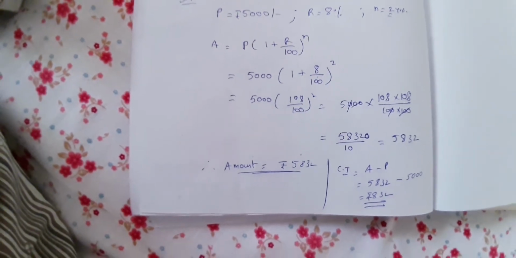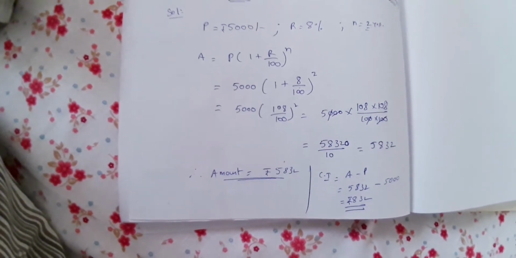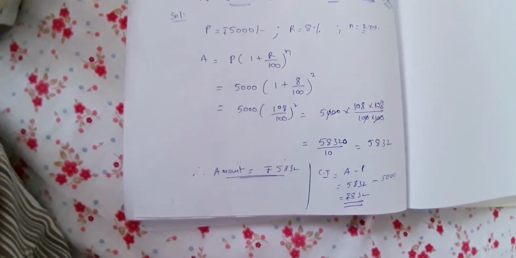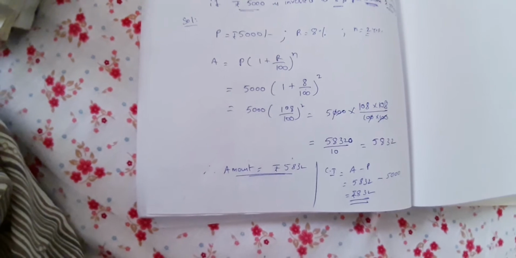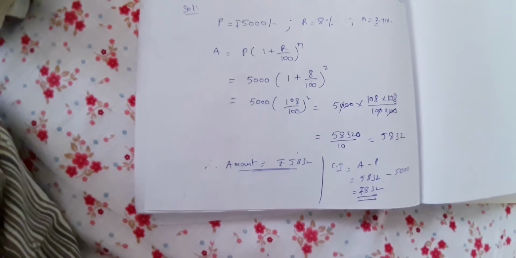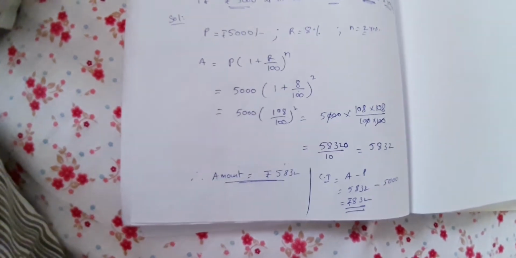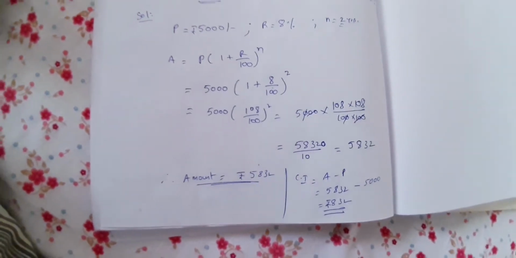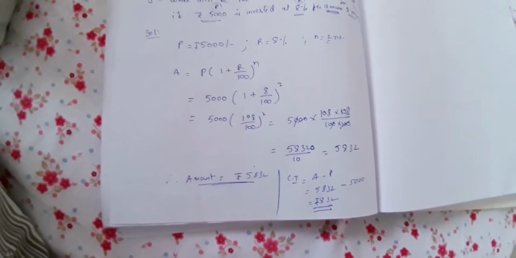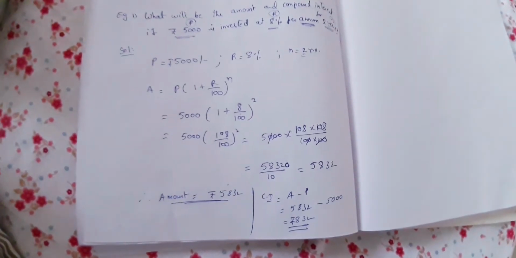Okay, children. So what did we do here? We have first determined the amount to be paid, directly substituting in the formula. Then by subtracting the principal from the amount, we got the compound interest. So remember, whenever you are doing simple interest and compound interest problems, you need to do simplifications. More simplifications will be there. Sometimes you need to do either the long division method if you don't know how to do the decimal point calculations, or the short division method, where you do it in the rough and directly write the answer, right? But practice simplifications, right? Calculation parts are very, very important.